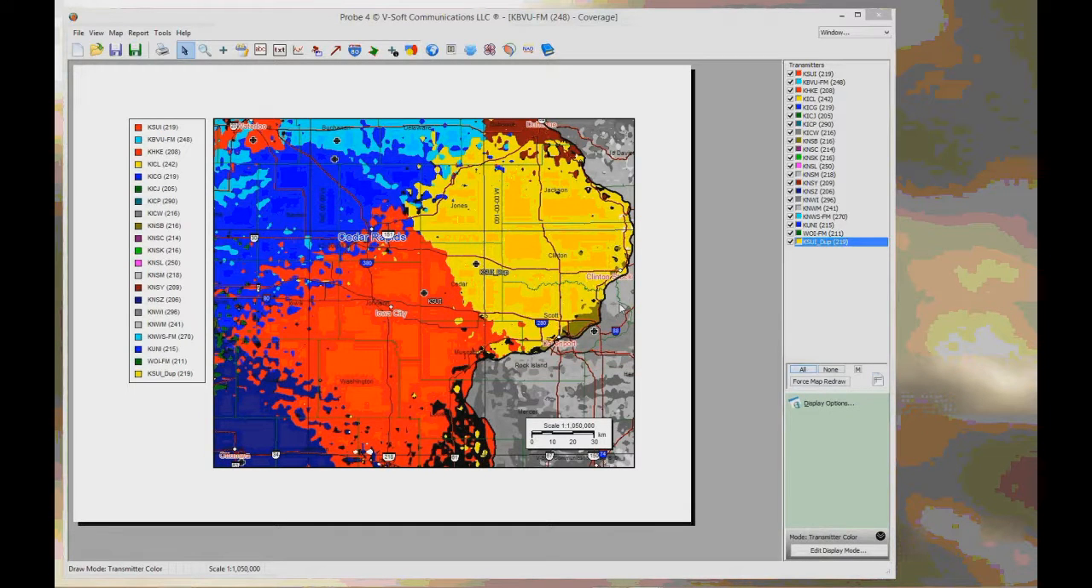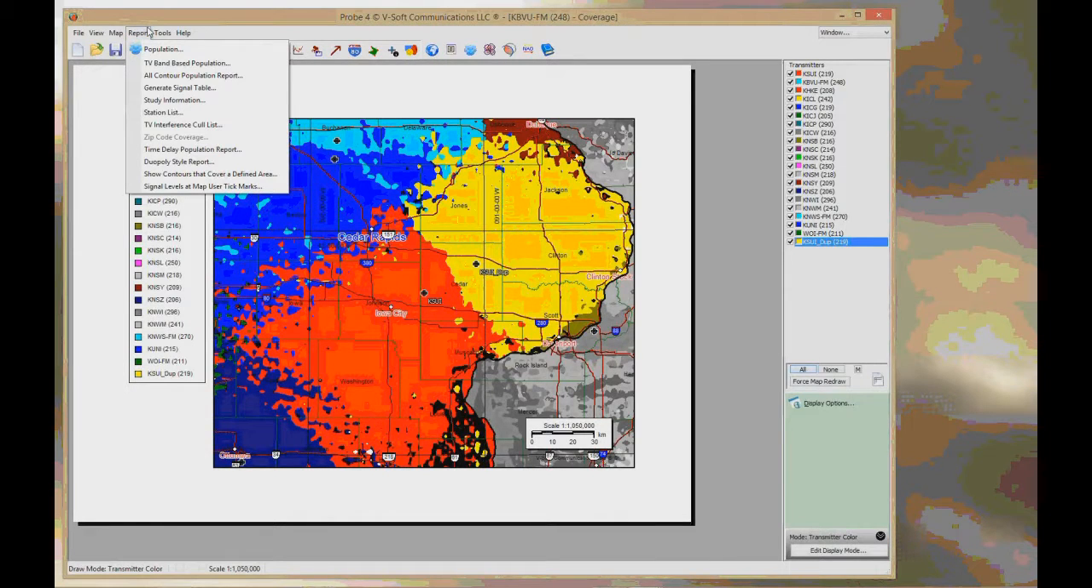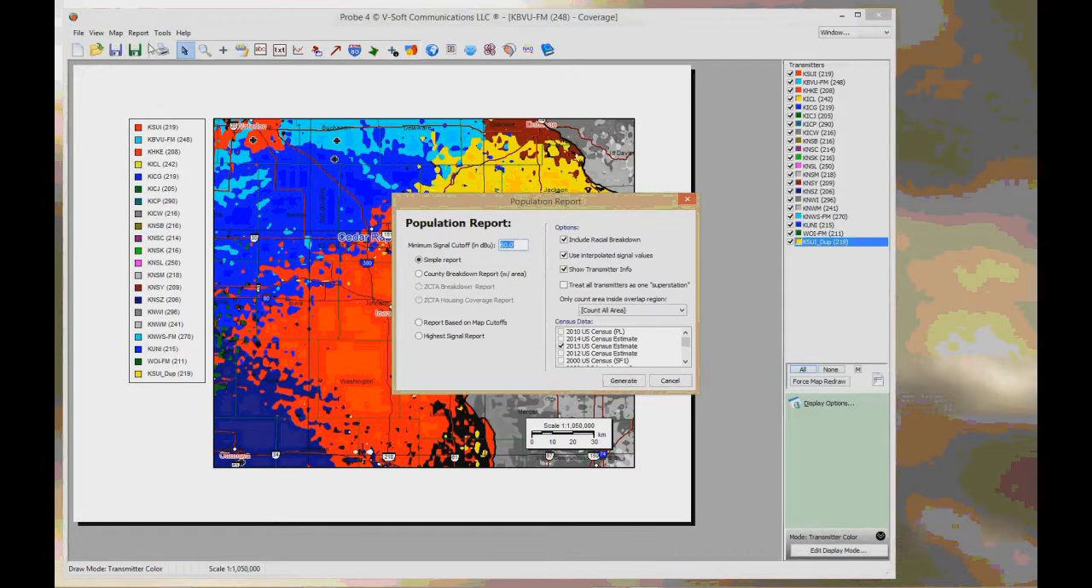So here we're in our transmitter color plot where each station in the study, or whatever station has the highest signal at a point, is color coded by that. So if we go into report, and I believe if we just go into our regular population report, there's an option down here at the bottom, highest signal report. If we generate one of these,